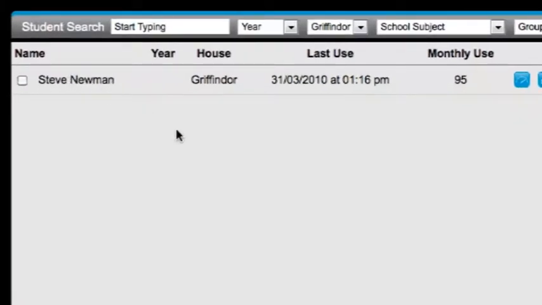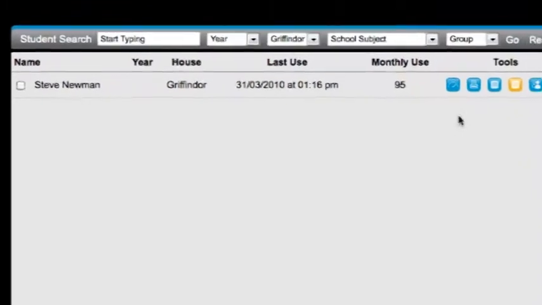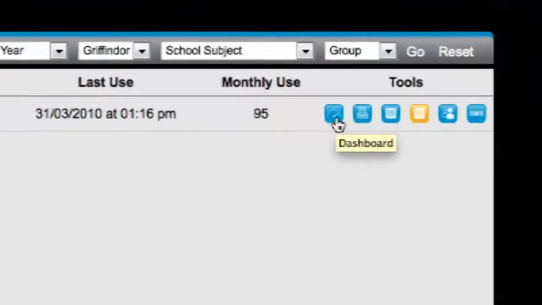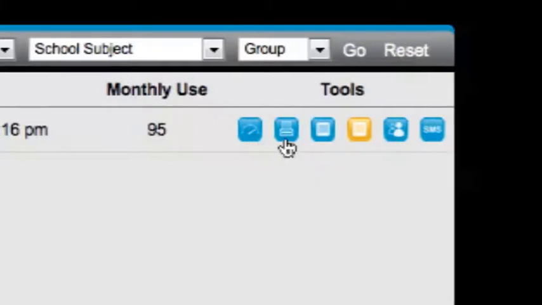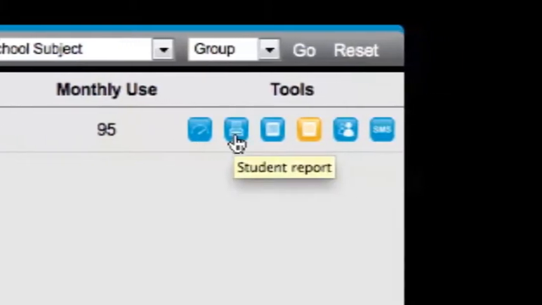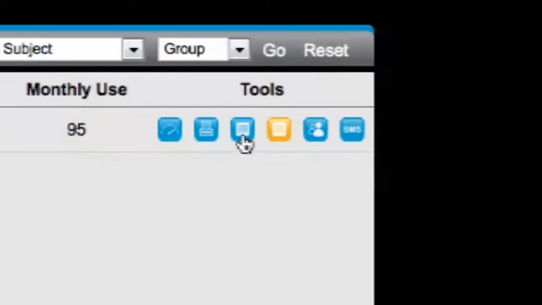There are a number of tools provided for interacting with any given student. The first one is the dashboard, which will take you through to that student's view. Secondly, there's a progress report which you can print off. Following this, there's an ability to post a message to a student's wall that both the student and their parents